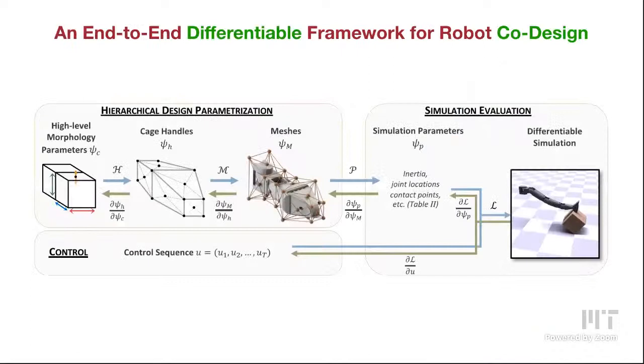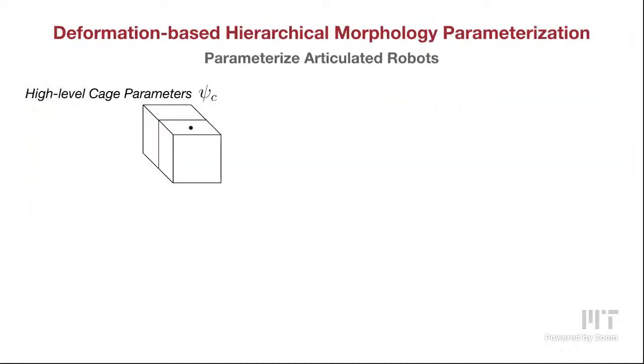In this work, we propose a differentiable framework for robot co-design. At the core of our framework is a deformation-based design parameterization and a differentiable rigid body simulation specialized for contact-rich tasks. Our deformation-based parameterization is based off cage-based deformation methods. Specifically, we propose a hierarchical parameterization for articulated robot designs. Starting from a set of